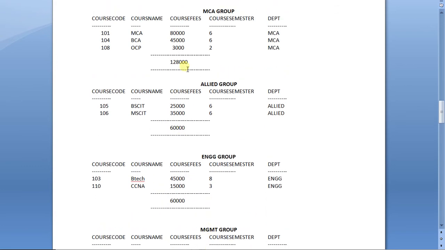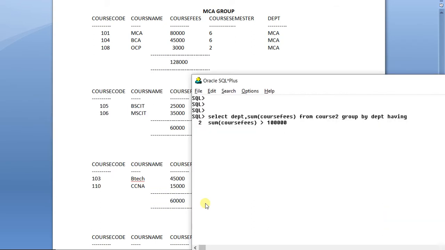And the totals of these groups will also be calculated. But since we have applied having, these two group results will not be sent to the output. So what you can see is that only two group results have been displayed. Is this clear?